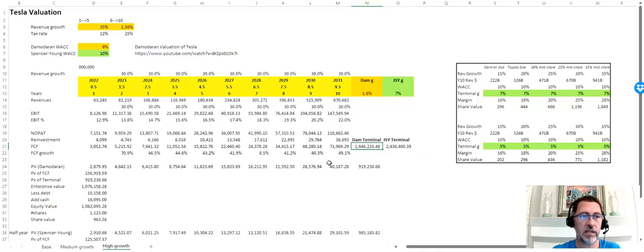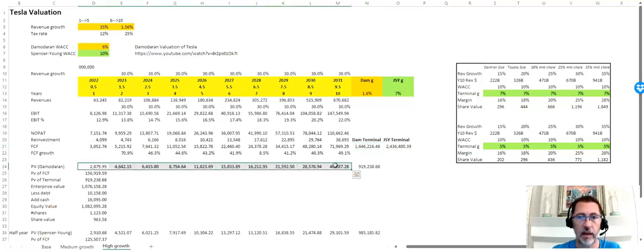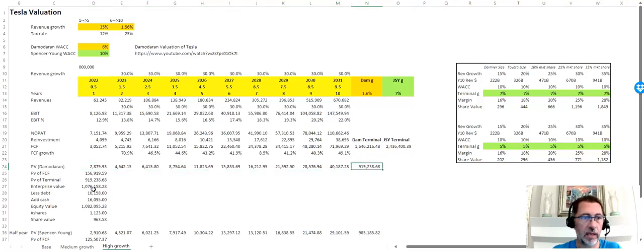Alright, so next up let's go and discount the cash flows and the terminal value, and here you can see I've discounted these numbers using WACC. I've discounted the terminal value. We get an enterprise value here for Tesla, less the debt, add the cash, gets you an equity value, and take the equity value divided by the number of issued shares, and you have a share price.